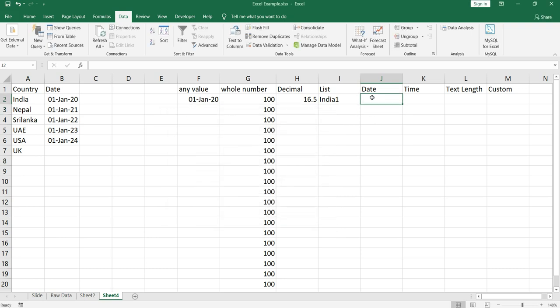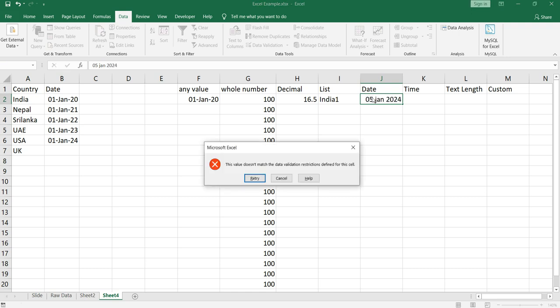Now if I input 5th Jan 2020, it allows me to input the date. Okay, now the same thing, if I input 5th Jan 2024, it shows me a message that this value doesn't match the data validation restrictions defined for this cell.